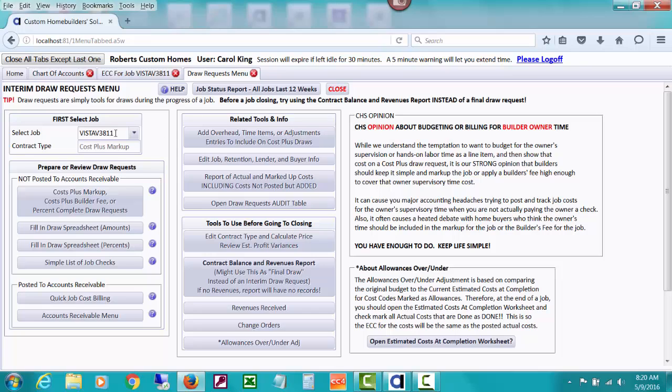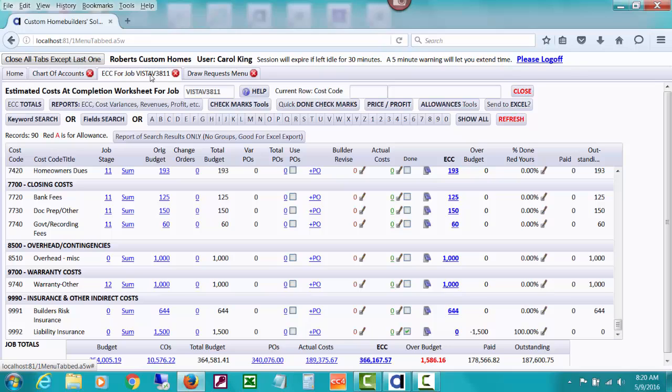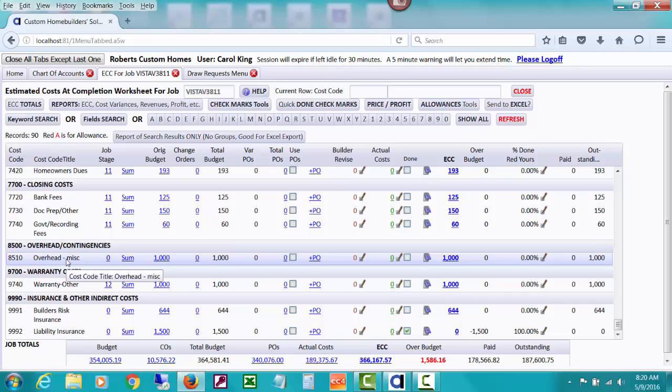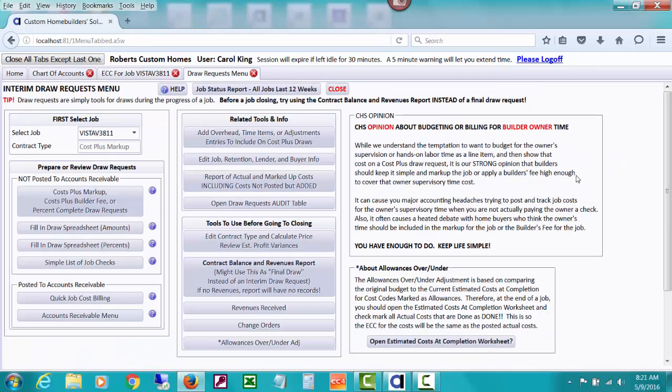I've selected the job vista view, but first of all, I've already opened the estimated cost of completion for that job, and I've scrolled down to a cost code that we have that we budgeted for called overhead miscellaneous, and we budgeted $1,000 for it. Now, it's kind of hard to post actual cost to that because it's probably just sort of a general number, but maybe you've sort of agreed that you'll be drawing so much for just a little bit of your overhead costs. I would actually kind of advise, if you go back to the draw request menu, I have an opinion over here about